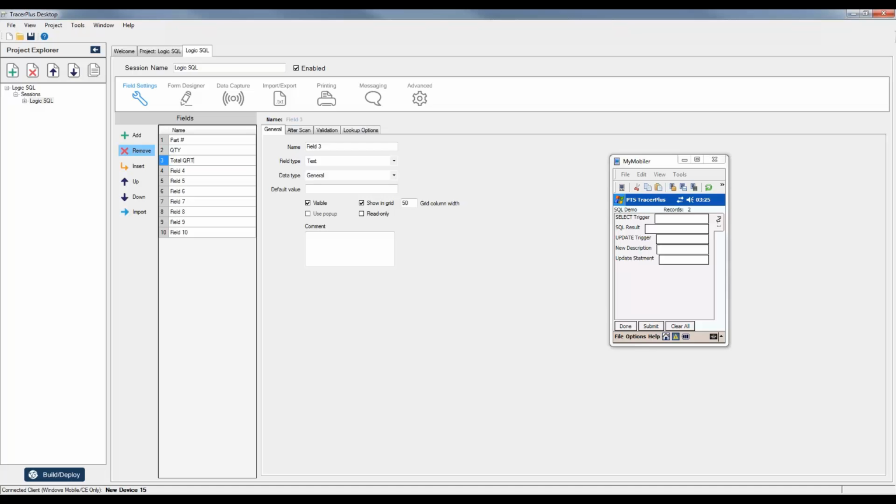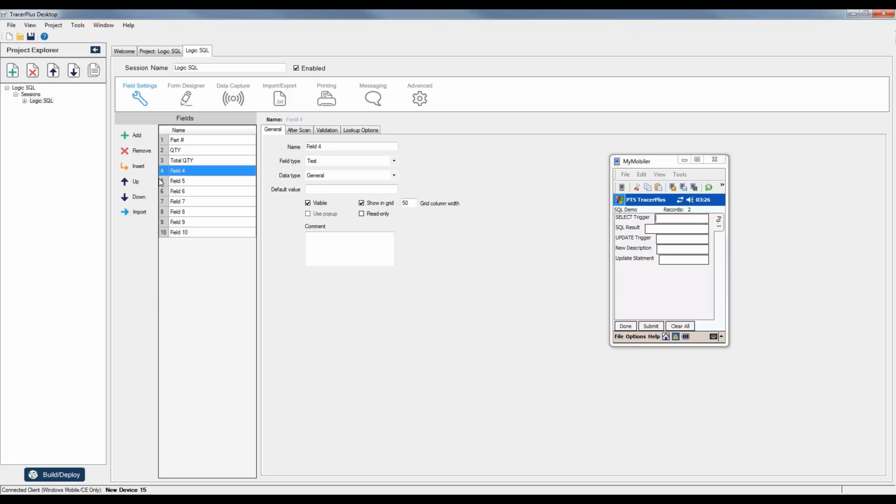So what I want to do in this case is run a function against our database to sum up all of the quantities across all of the same part numbers. So if I were to key in a bunch of values for the part number field here and a bunch of quantities, so let's say I'm just going through a shelf and I'm counting, maybe I could do it in ones, just go 1, 1, 1, 1 every time I scan an item, or I could have the users collecting different amounts. I want to display the total that's been scanned in this total quantity field when I trigger it